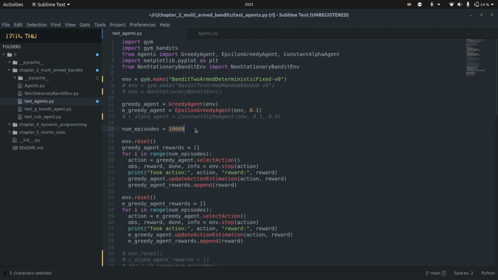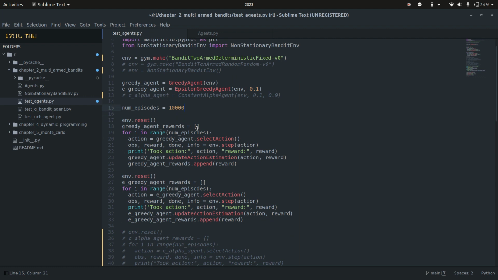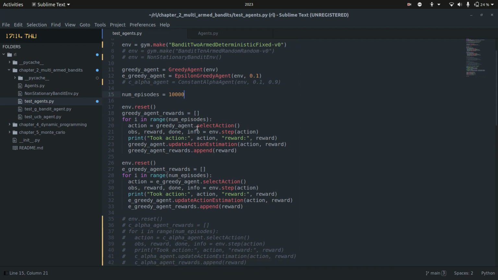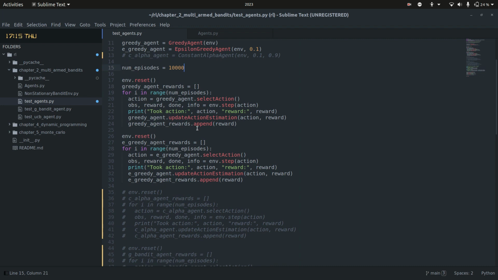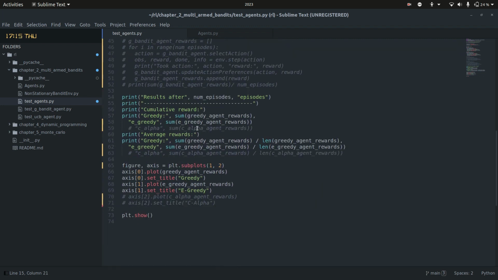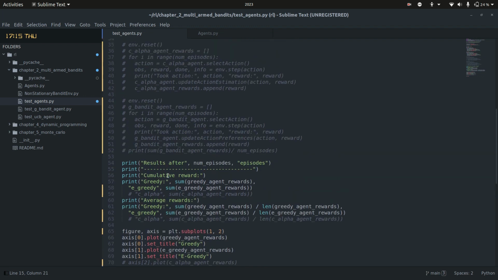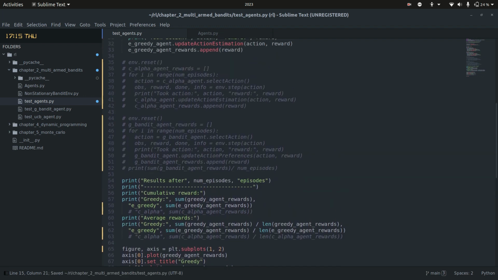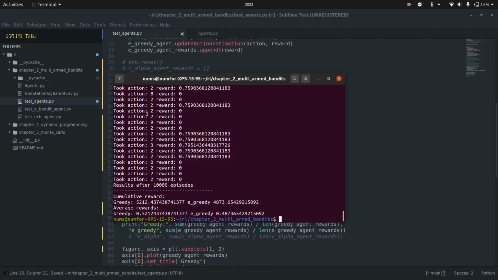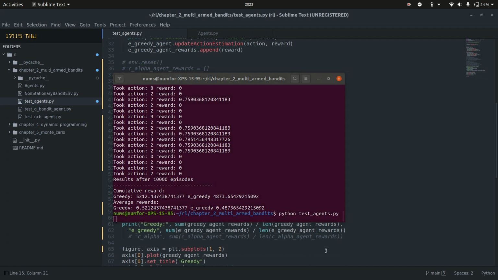And we will run this whole problem 10,000 times just so we can get a good average of how things are performing. And there's also some code for some matplotlib stuff here and some printing stuff. So if we want to run this, we simply run